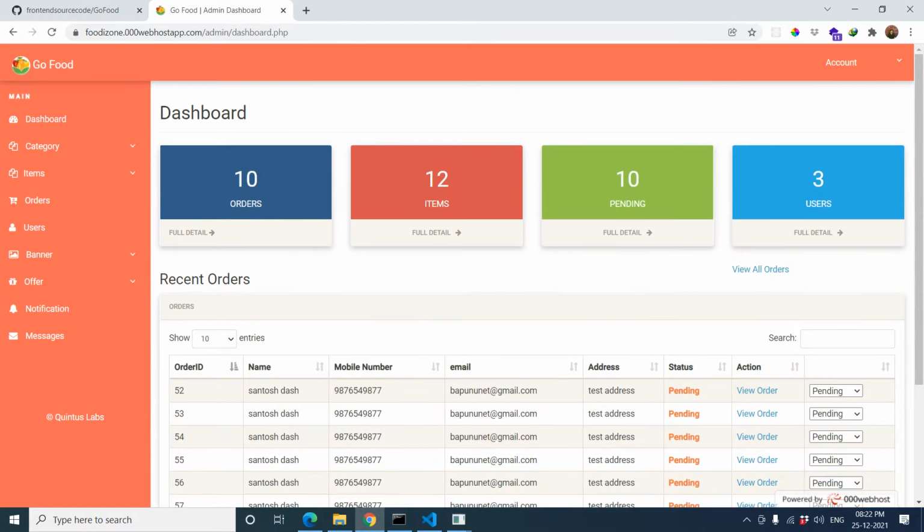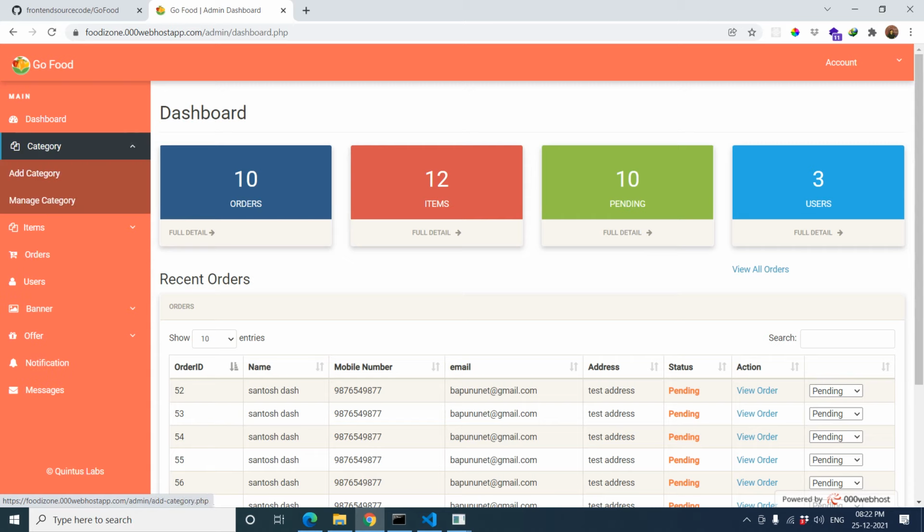Log in to that. You can see there are a lot of orders. Go to the categories. You can add a category or manage categories. Let's add a category.